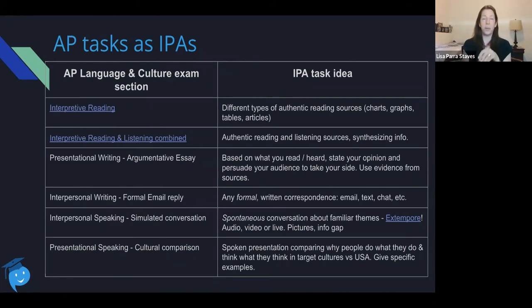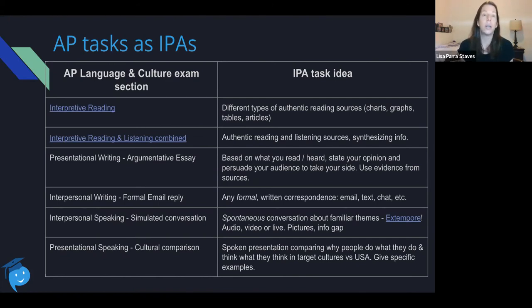So here, the purpose of this chart is to take each section of the AP language and culture exam on the left, and I'm suggesting an IPA task that can help practice that section of the AP test. So on the left, interpretive reading, this can be any type of authentic reading source. As we AP teachers know, students will have to read things. They'll have to understand a chart or a graphic as well. So lots of different types of sources